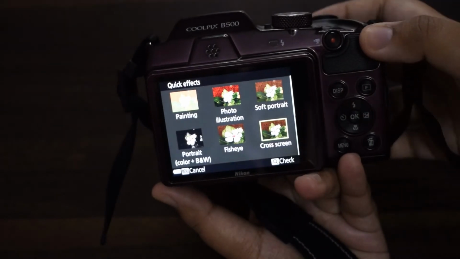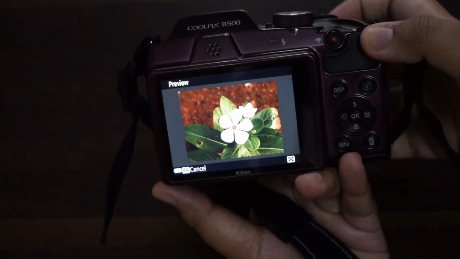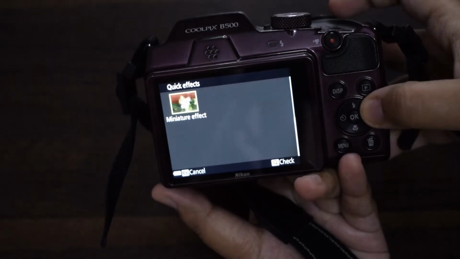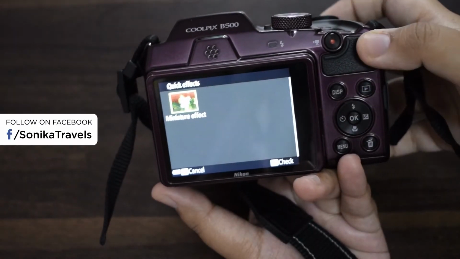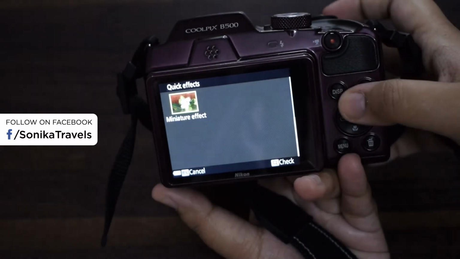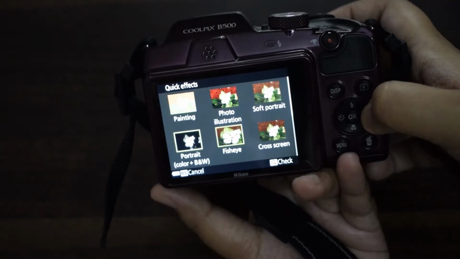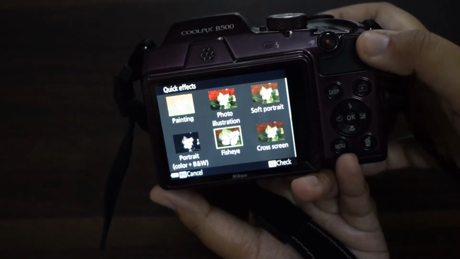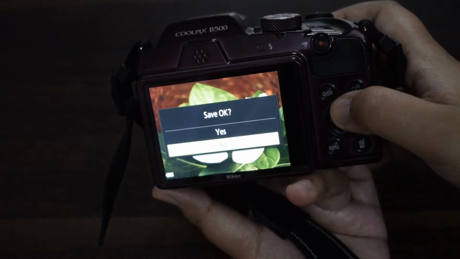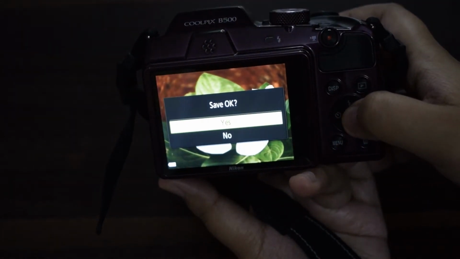Cross screen. And miniature effect. Let me give this fisheye effect a try. Press OK, save yes, and that's it.